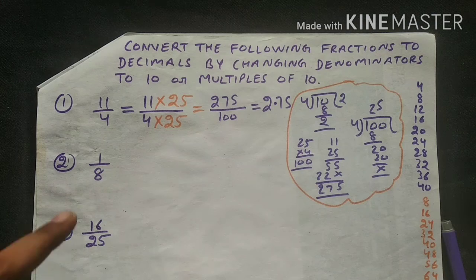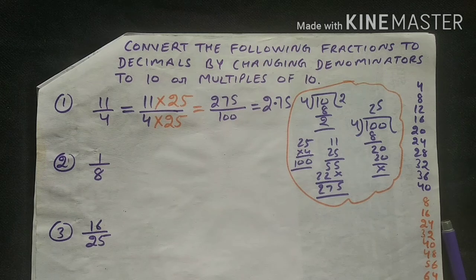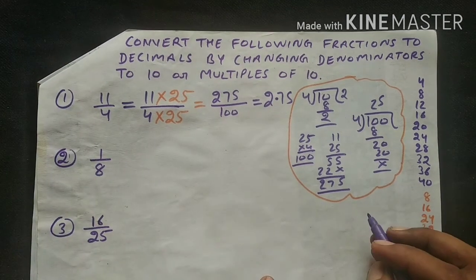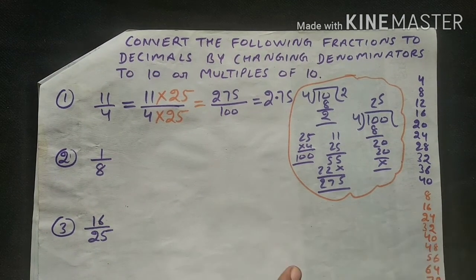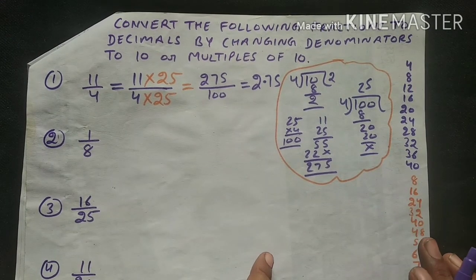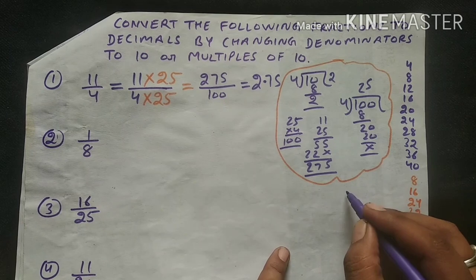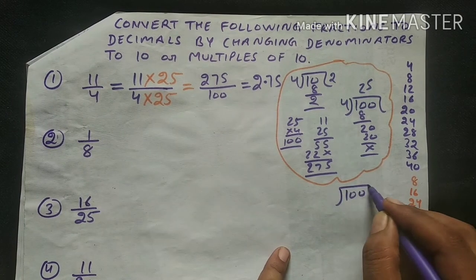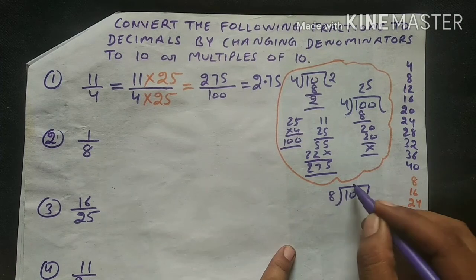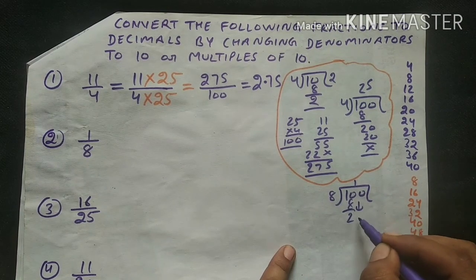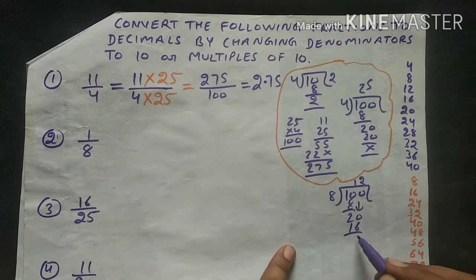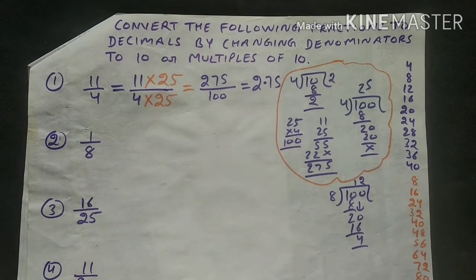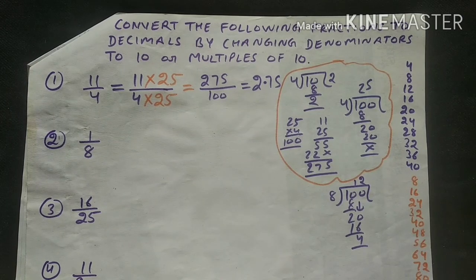Now the question is how we can make the 8, that is the denominator, into 10, 100 or something of this type of number. Now I will have to divide 10, because we see that 10 is not there in the table of 8, so we don't need this. Okay, so I will divide 100 by 8. Now 100 by 8, 8 ones are 8, 2 and this is 0, 8 2s are 16. Here you will see that it is also not exactly divisible. So we shall go for 1000. We will divide 1000 by 8.